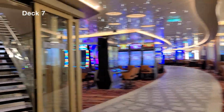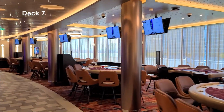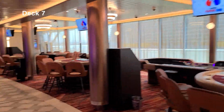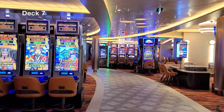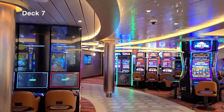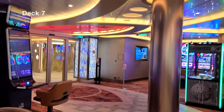We got the stairs on the left here that bring you back up to deck 8, which I showed you before by the aqua bar. We got blackjack, we got roulette, we got craps. We got all the standard games, slots. Like I said earlier, if you've seen one, you've seen them all. But I didn't want to speed through this section because I know casino is a very important part to people's